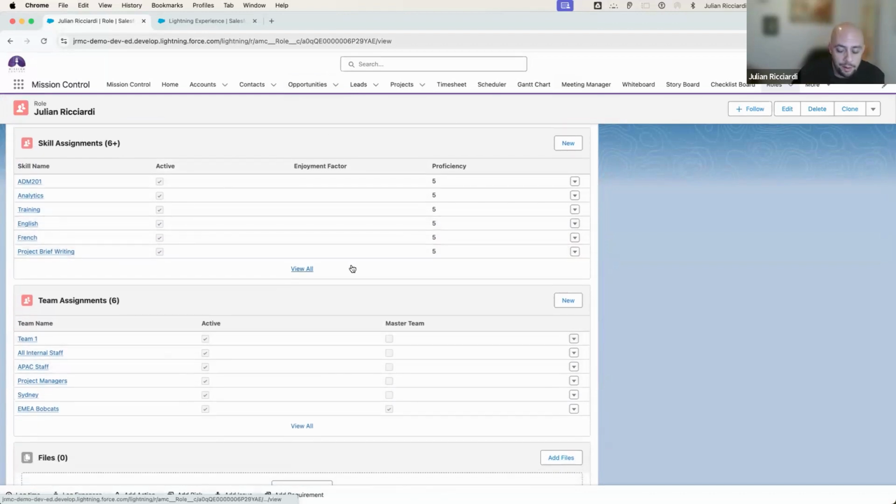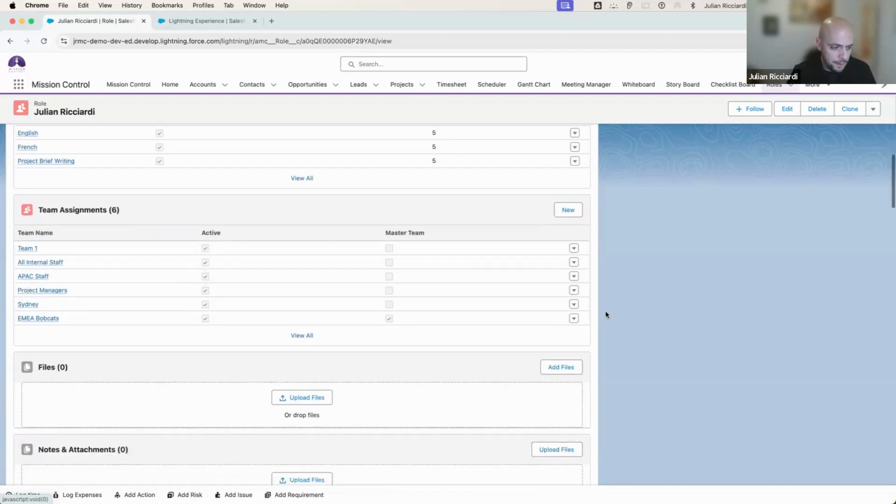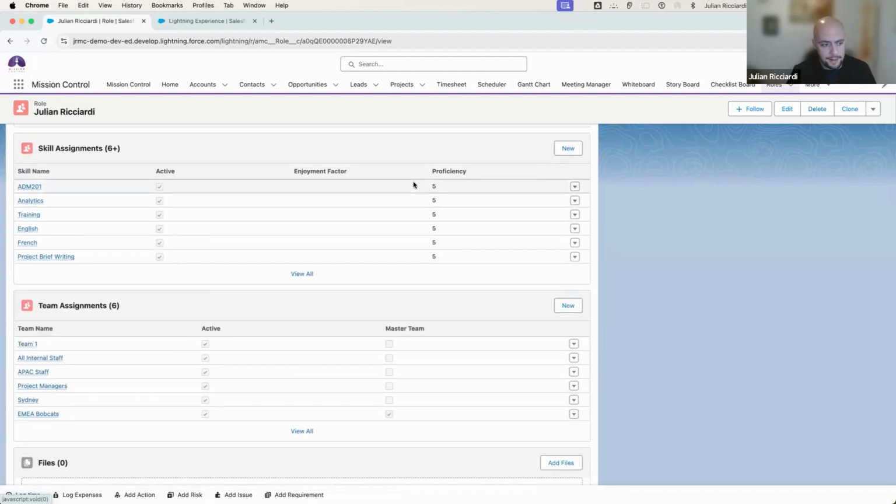So later down the road, when I'm staffing projects, you will be able to filter by skill and by team to make sure you are assigning the most capable and competent person to individual actions. The idea here is that you want visibility to always staff your projects and processes as effectively as possible. With that being said, and the understanding that you could relate records to a role, let's jump into an opportunity, and what we'll do is